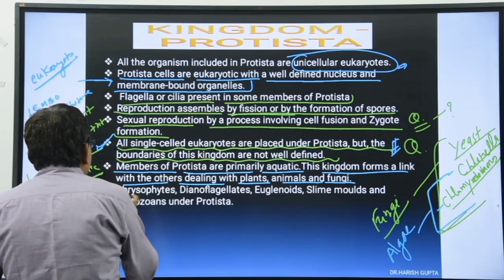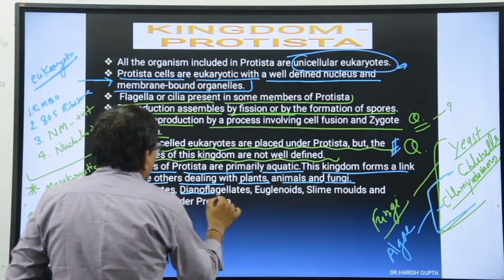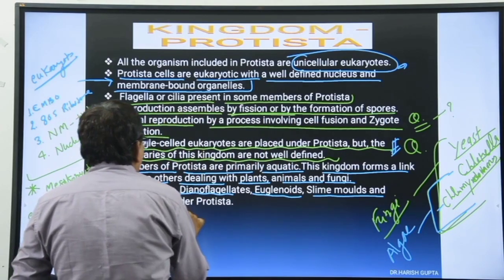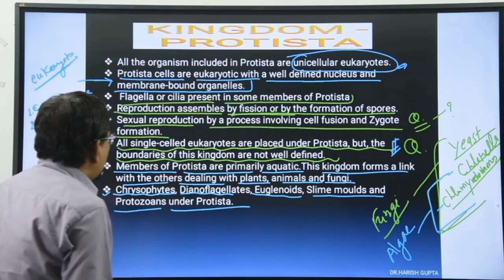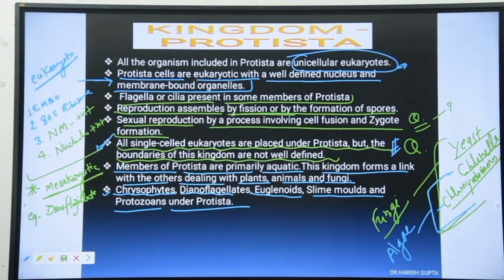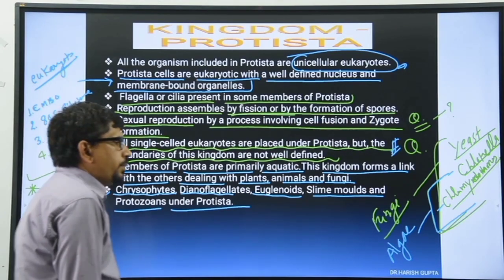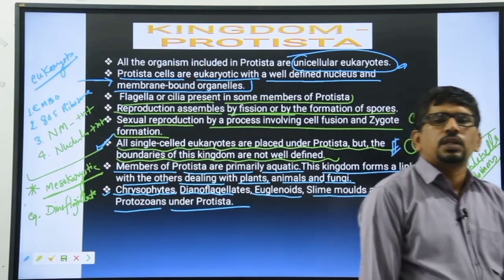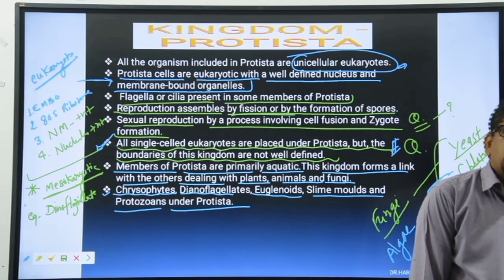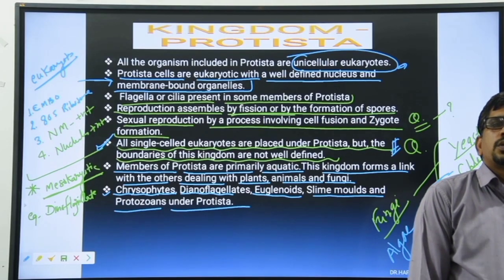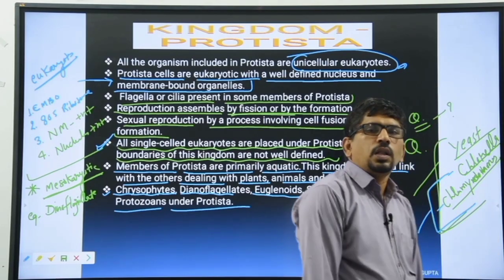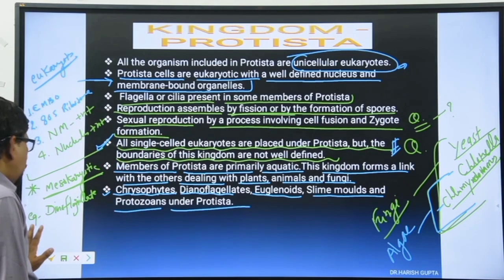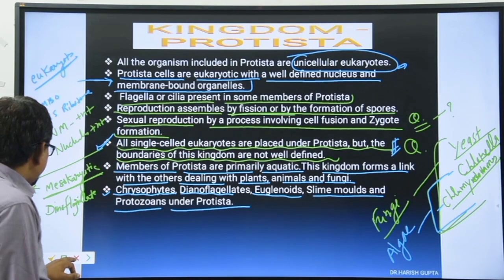And here in Protista we have discussed the 5: Chrysophytes, Dinoflagellates, Euglenoids, slime molds and the protozoans under the Protista. Clear? ये 5 इसके अंदर include होते हैं बेटा. तो in your book the Protista is classified in the 5 classes. 5 के अंदर बांटा गया इसको. Chrysophytes, Dinoflagellates, Euglenoids, slime molds, and then last one is the Protozoa. We have 5 points, and we discussed these 5. Clear है? Okay, clear बच्चों? चलें आगे. Next चलते हैं हम लोग.